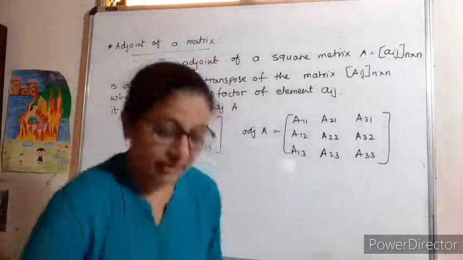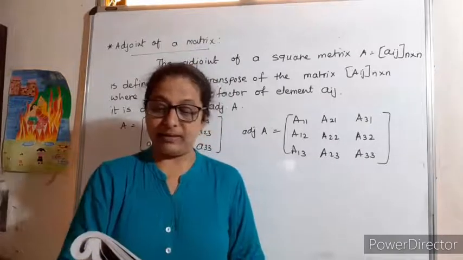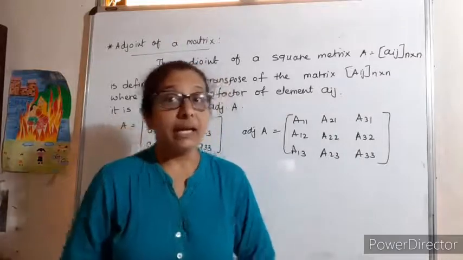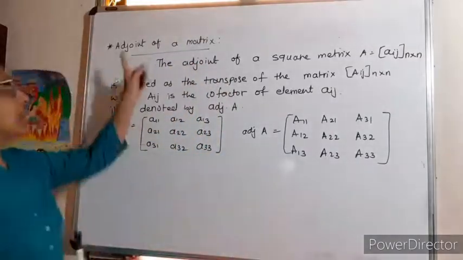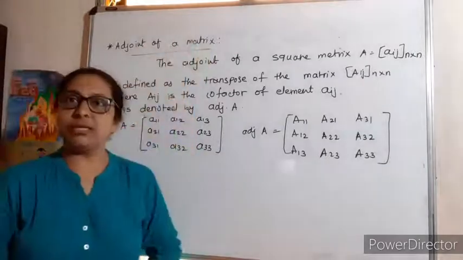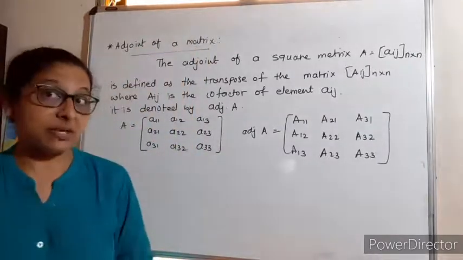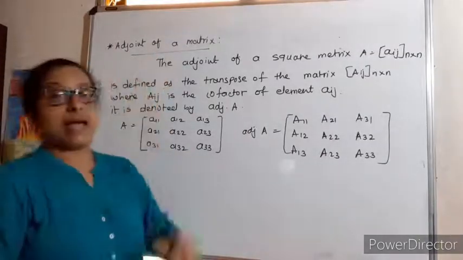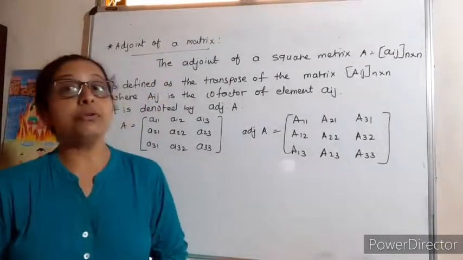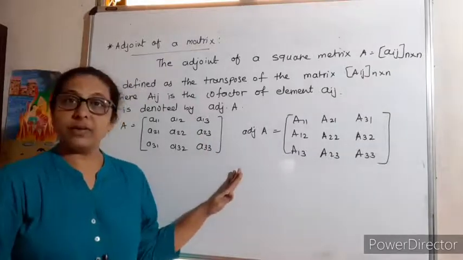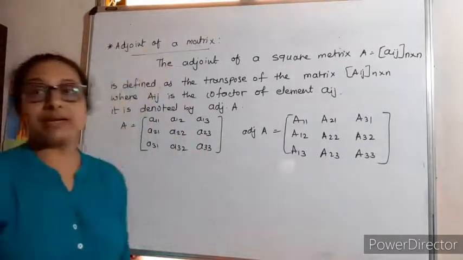Last time we have done the minor and cofactor, right? Yes, and complete the exercise 4.4. Now we'll go ahead with the new topic, that is adjoint of a matrix. You have already learned the matrix in chapter number 3, right? Yes. Now, what is the adjoint of the matrix and how to find the inverse of the matrix, that we will see here.